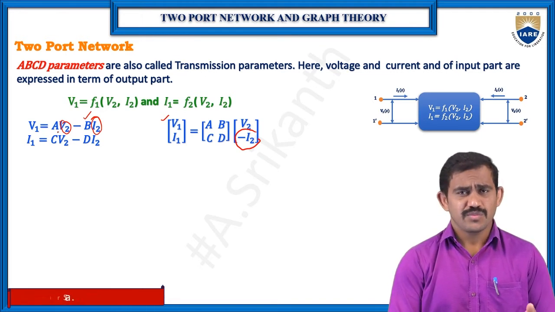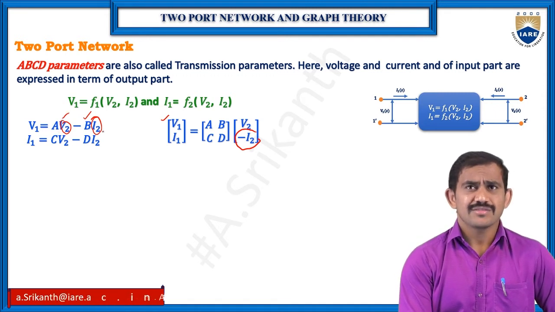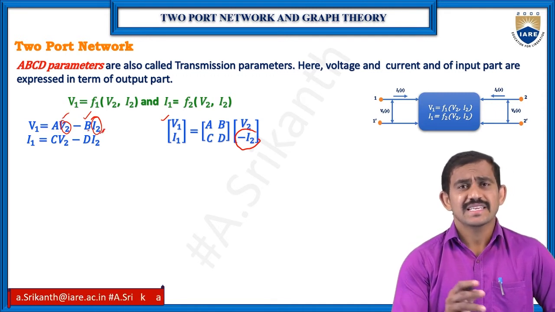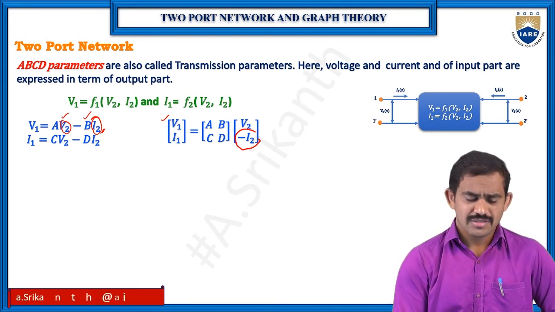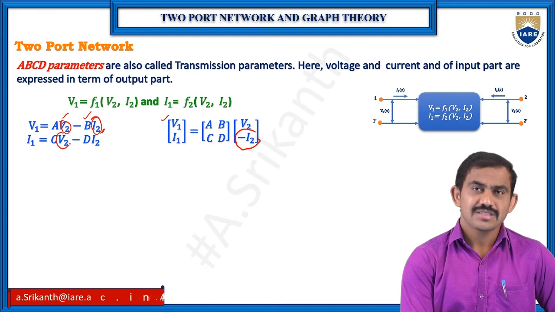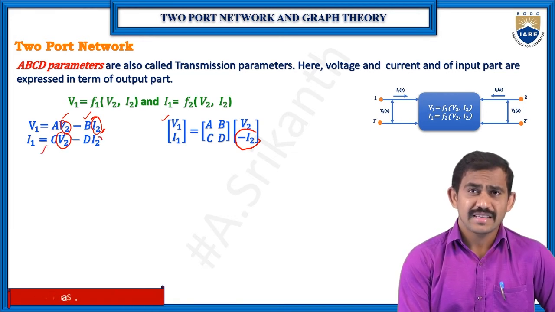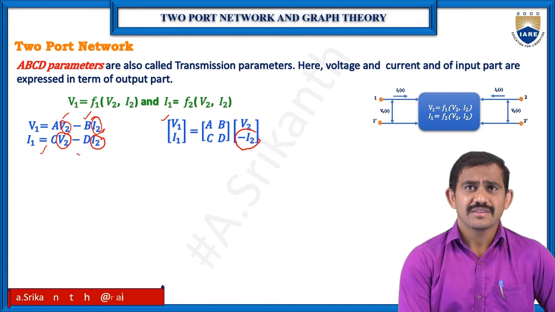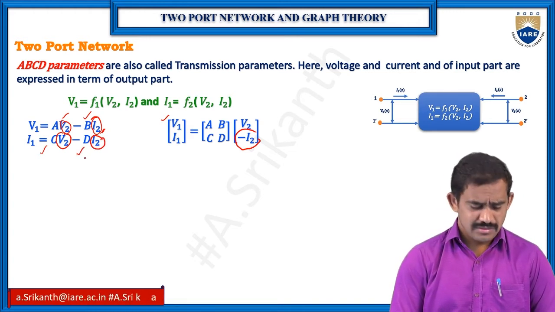So here both are secondary terminals, V2 and I2. I2 is 0 means again the second side is open. V2 is 0 means the second side is short circuit. Same thing here, secondary voltage is short circuit. We have the C value, and secondary side current is 0 means automatically we'll get the D value. So we can have the A, B, C, D values. We'll check them now one by one.